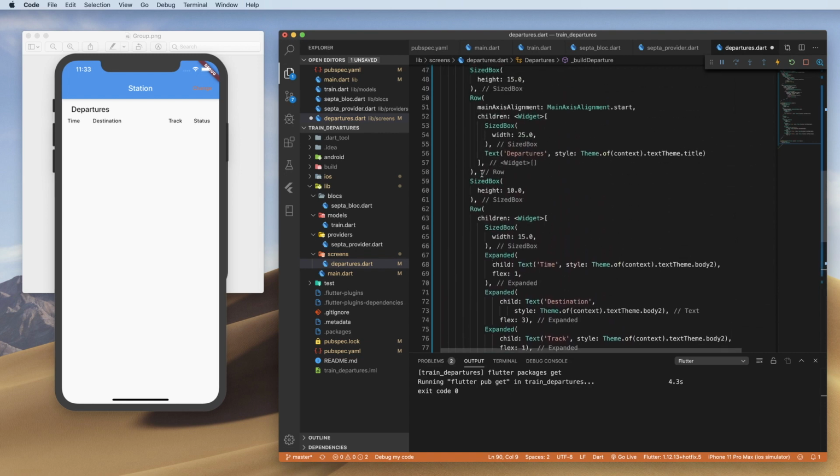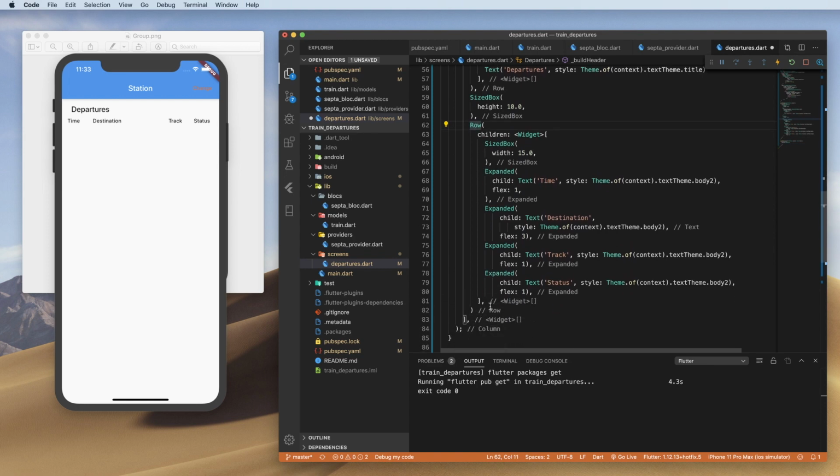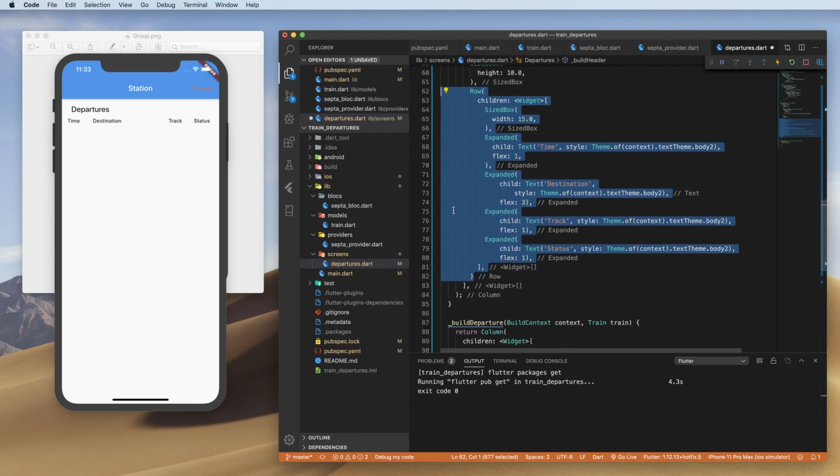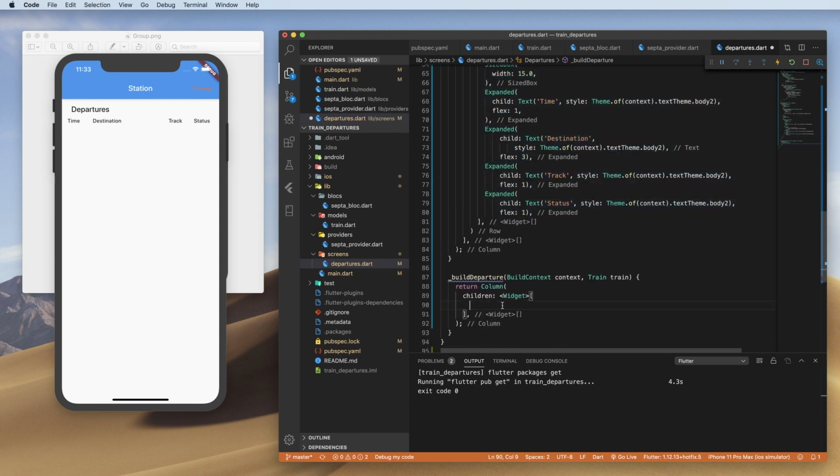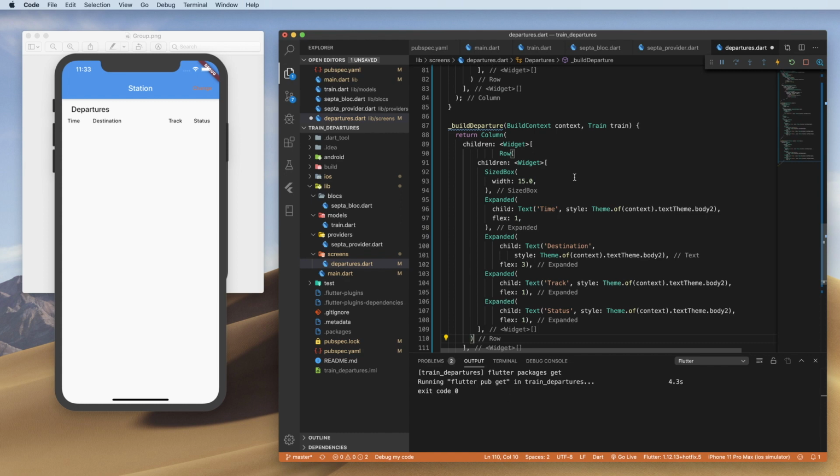So I'm going to take this row here, right here, and I'm going to copy it down, put it there, because we want the same ratio for all of these. We do want a space of 15 here. We do not want time. We instead want,